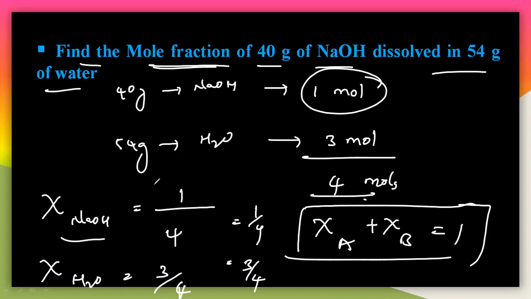So why am I telling you it is a percentage? Because you have taken 1 mole of NaOH and 3 moles of water molecules, so the total will be 4 moles. So see here, what is the percentage of NaOH? It is 1 by 4. You have taken the mole fraction, that is 1 by 4. That means you have taken the percentage of NaOH. Mathematically it is a percentage, but chemically it is called a mole fraction. So there is no difference between the mole fraction and the percentage, only mathematics versus chemistry.